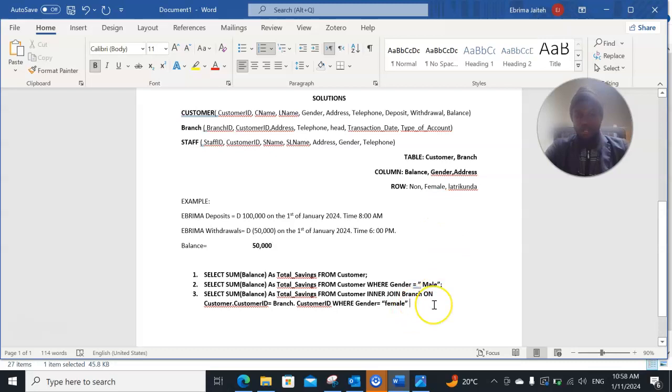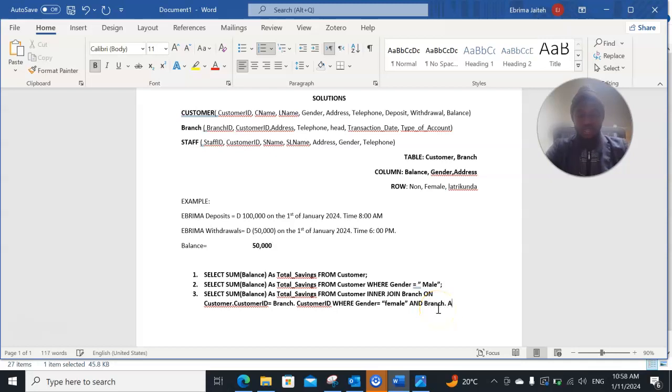Is that all? No, but the address, because you can say and. You see, and is also an SQL command. I put it in capital letters. I mentioned all SQL commands are capitalized. So anything that you see I'm capitalizing here is an SQL command. And what? Branch. Okay, you can see and branch address must be what? Latrikunda. So I'm going to use branch